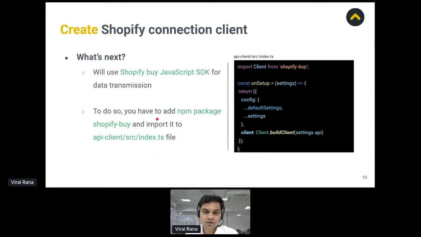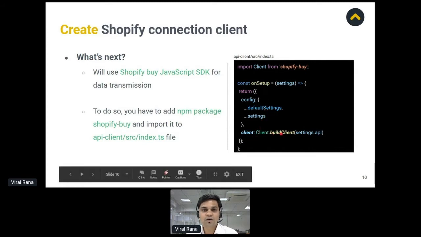First, you should have the shopify-buy package installed in your project directory, which resides in the node_modules directory. In the api-client/src/index.ts file, you have to import the client, which is a method from the shopify-buy package, and in the setup method you make the connection using client.buildClient. Note that buildClient is a method from the shopify-buy JS SDK, and you can retrieve the credentials using the settings.api object.